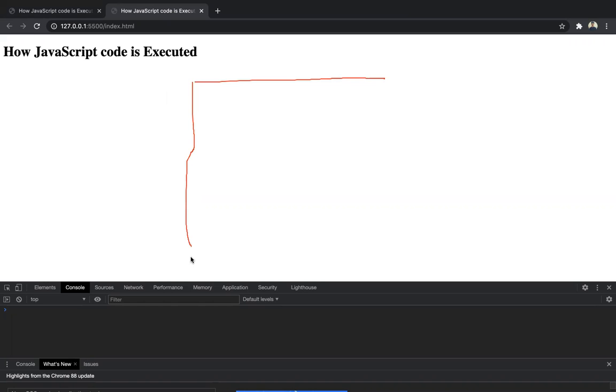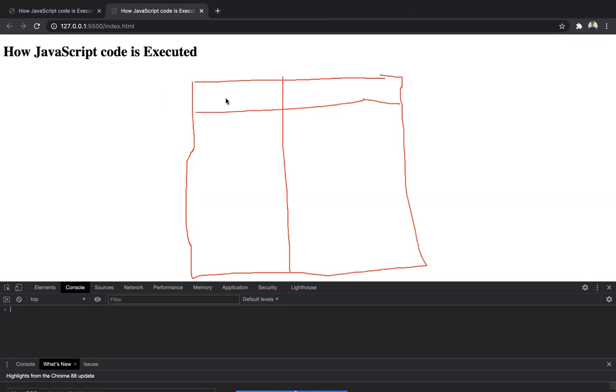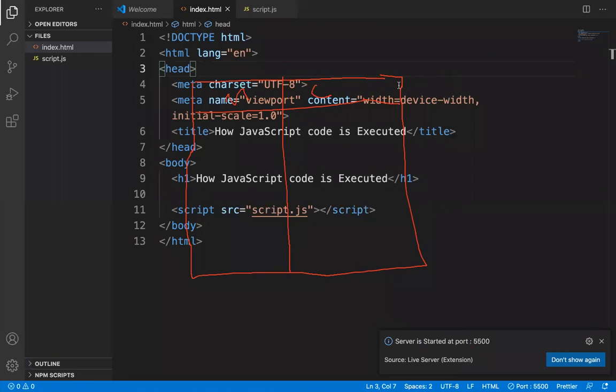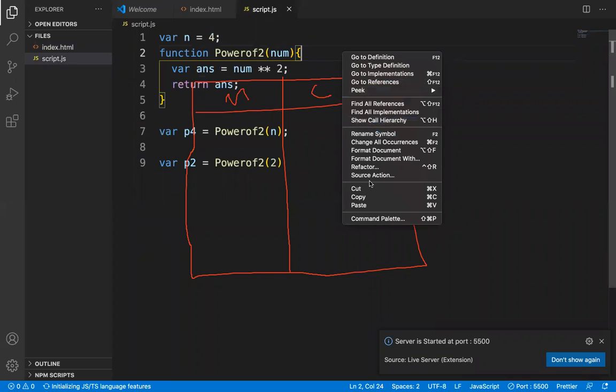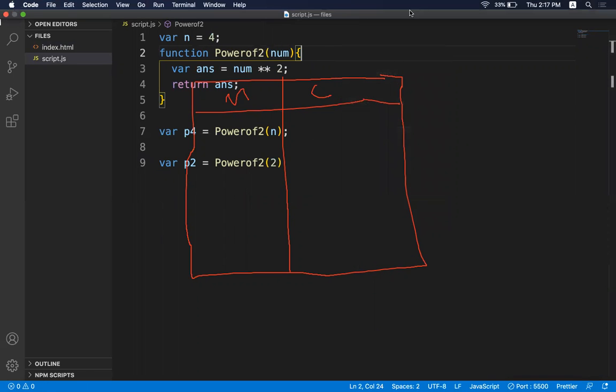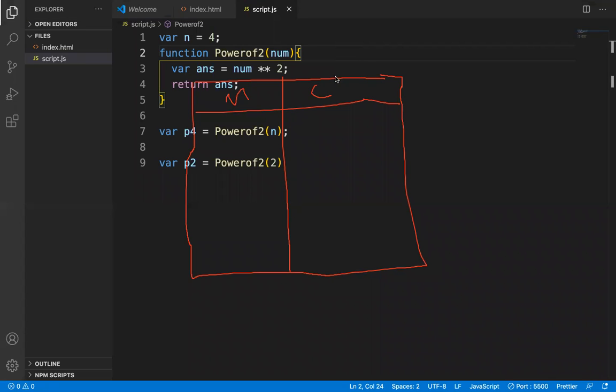So this is the global execution context, this is the memory creation phase, and this is the code execution phase. The JavaScript engine will go through the code line by line and start picking all the variables and functions.